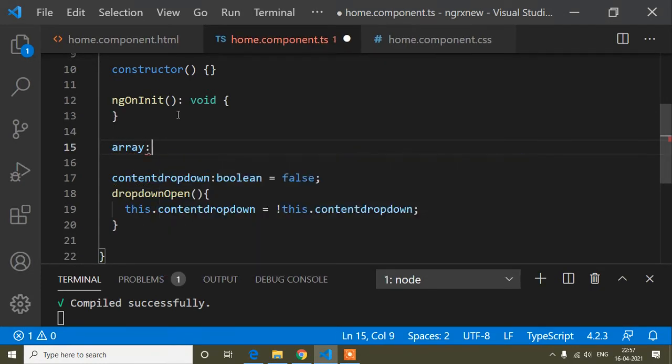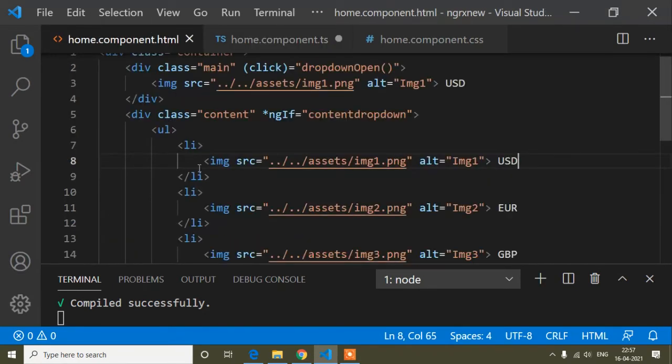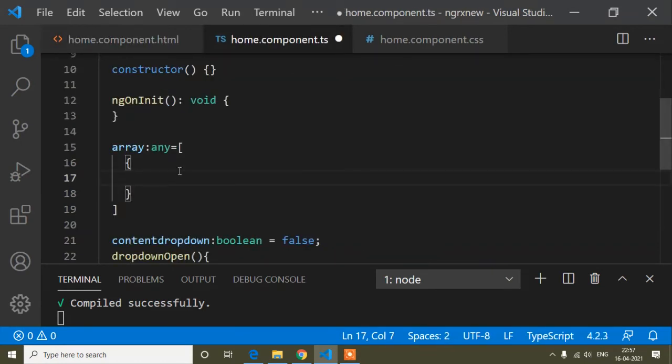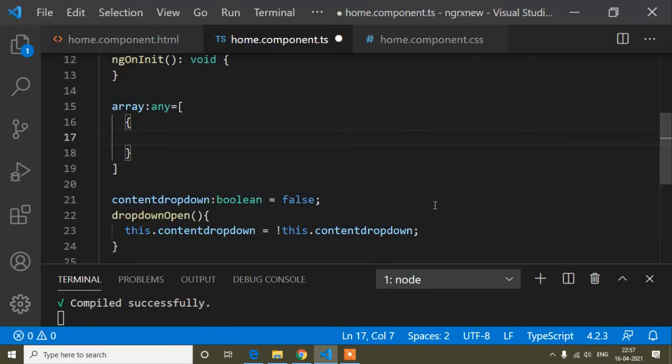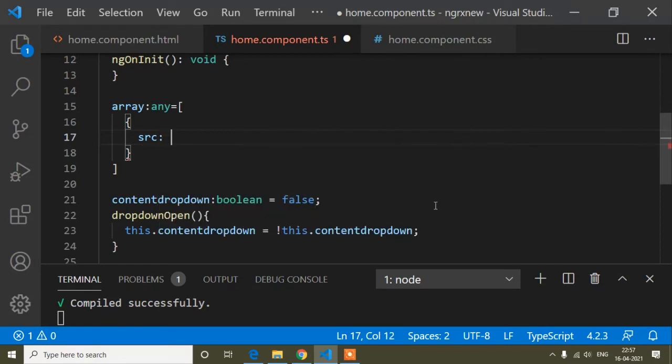So here I will create an array, and the array type is any equals to array, and here multiple objects, because you can see that image, alter tag, USD. So for that, here are multiple objects. So here I will create multiple objects. First of all, source is this.